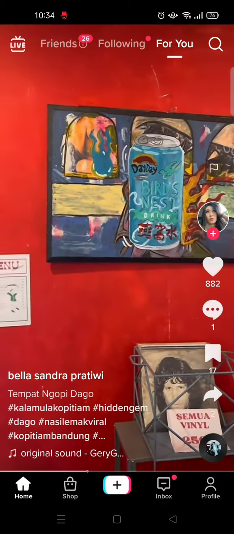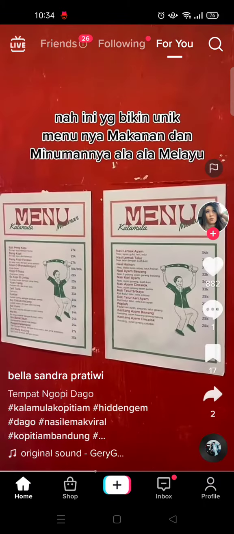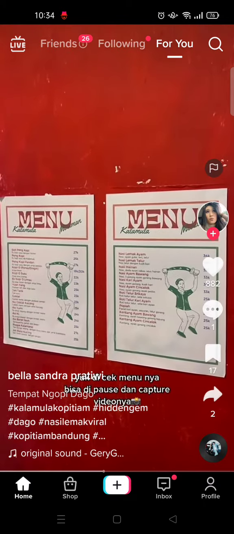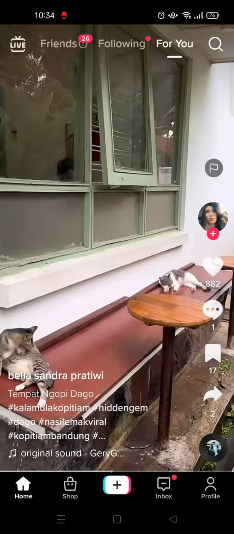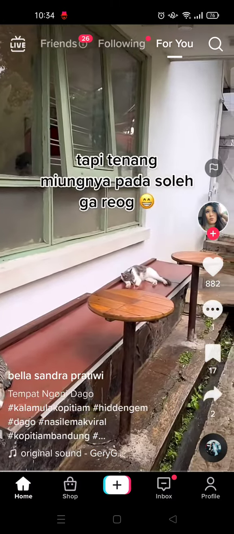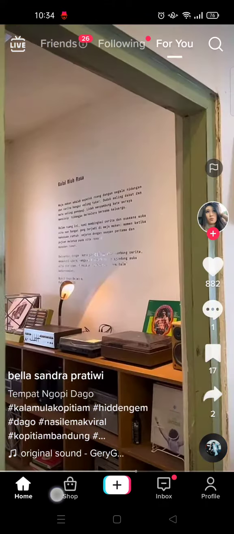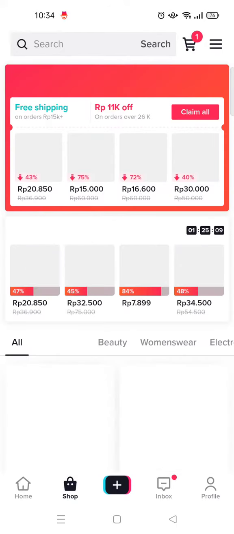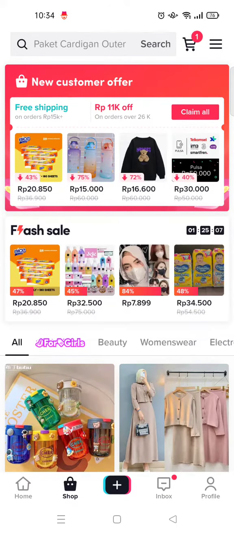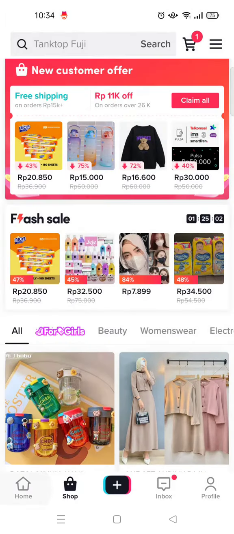On today's tutorial, I'm gonna show you how to view ongoing TikTok flash sale. So here on TikTok, if you want to go some shopping and want to know what is on the flash sale, you can just go to shop at the bottom here, and then after you go to shop, you can see there is the flash sale section, and here is what the